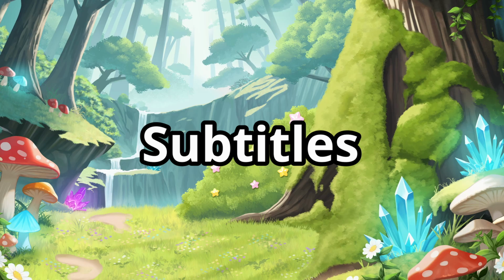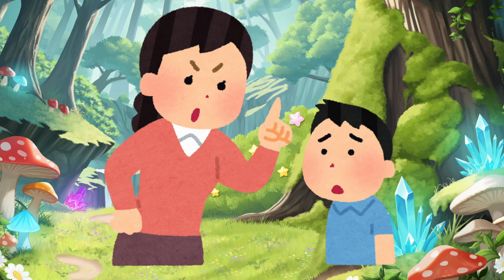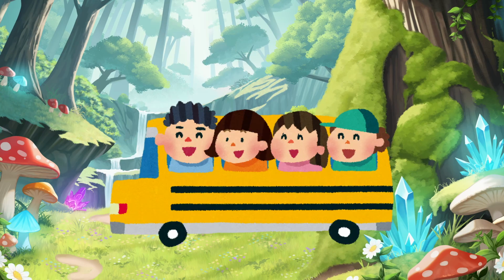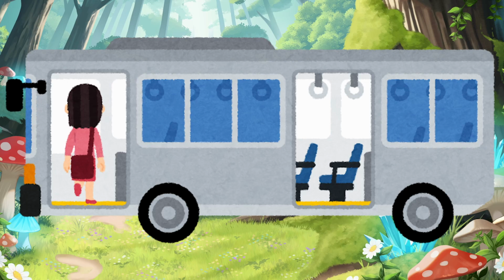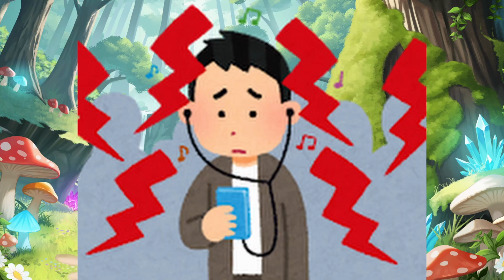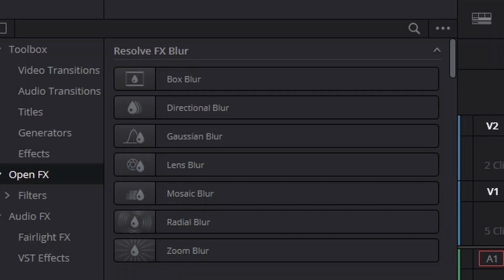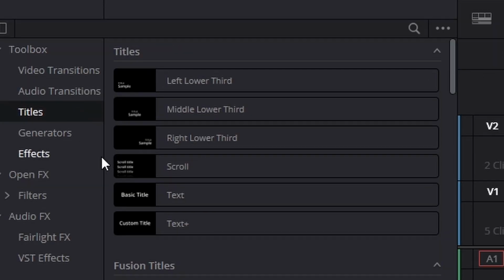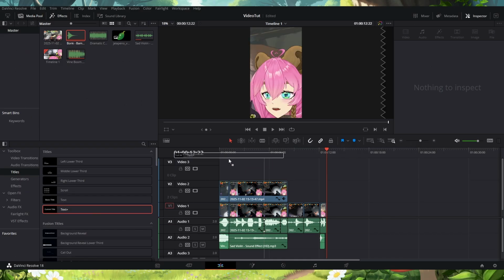Now the last part we want to do is add subtitles. A lot of people don't watch things when they're supposed to, whether it's at school, at work, forgot their headphones on a bus or something. Having subtitles can really help because a lot of people can have access to understanding your video even without hearing what's going on. To add subtitles, I always go to titles, and I use this one, Text Plus, and when you click on it,